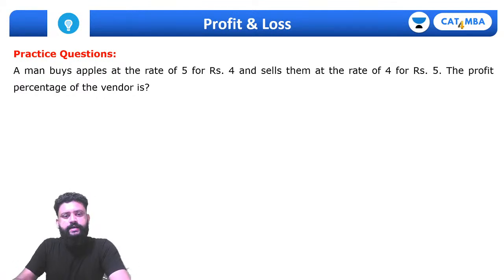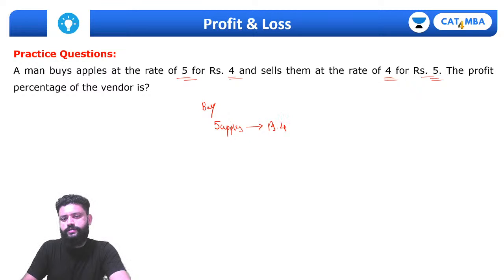A man buys apples at the rate of 5 for rupees 4 and sells them at the rate of 4 for rupees 5. The profit percentage of the vendor is. So when he buys, the rate is he buys 5 apples for rupees 4, and when he sells 4 apples for